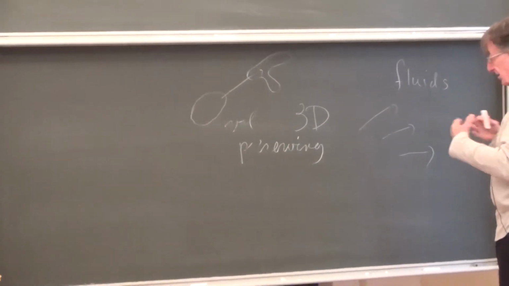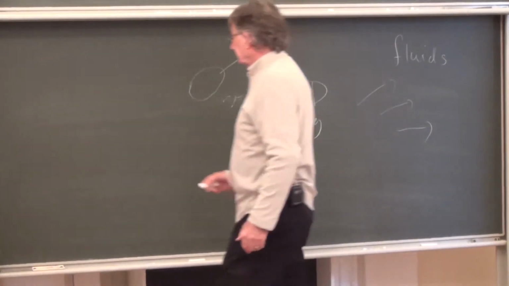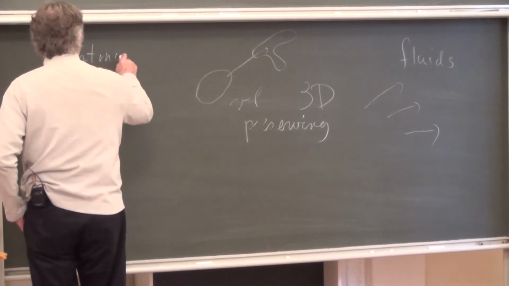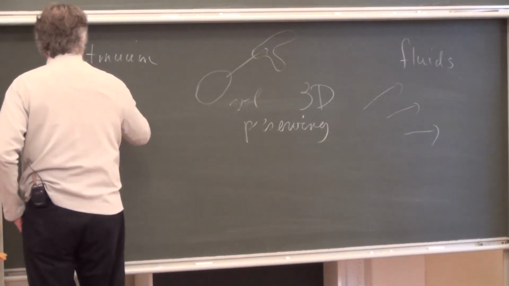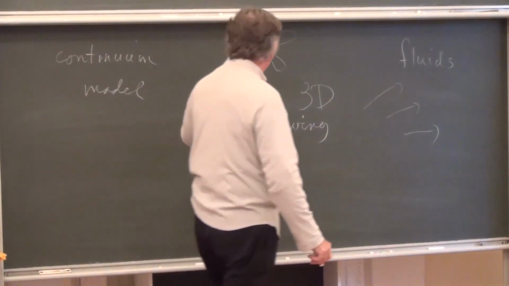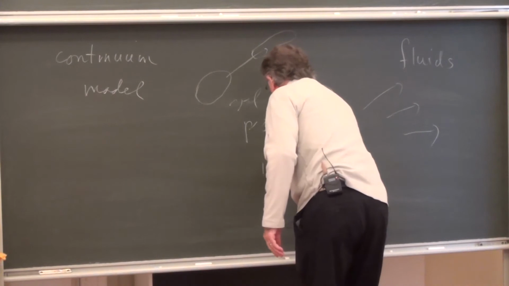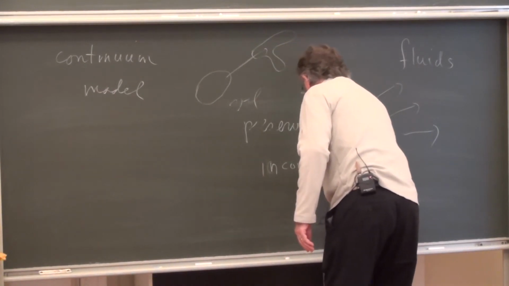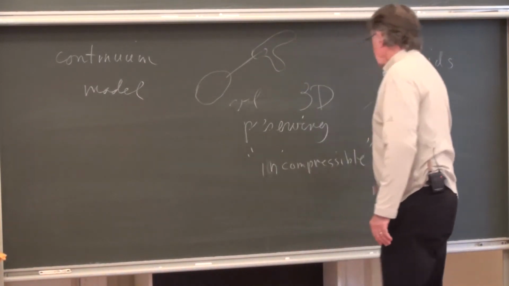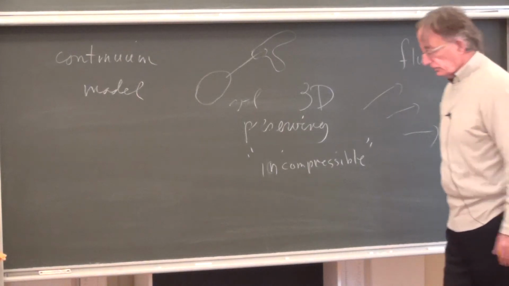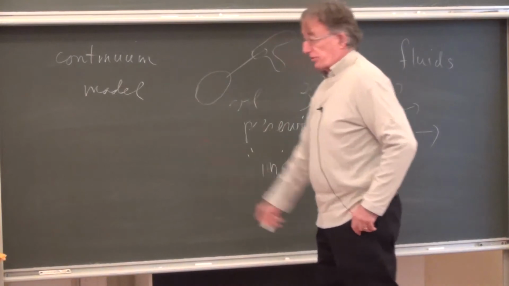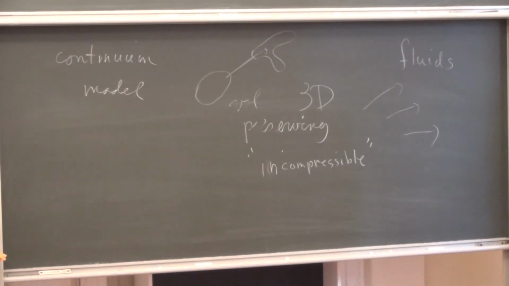And then there's a model, sort of what you might call the continuum model, for the evolution of such volume. This is also called incompressible. Like water. And there's a continuum model, a partial differential equation, which we'll get around to later,